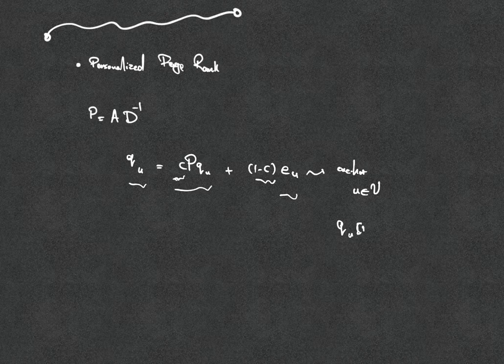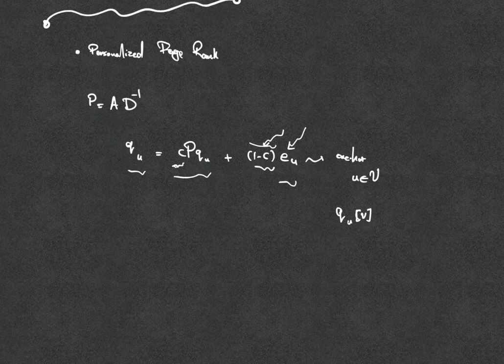and QU on index V is going to give us the stationary probability that a random walk that starts from node U visits node V. And you can see that this C here determines a certain probability for restarting at node U. And if you don't have this restarting mechanism, you're going to end up with some sort of a variant of the eigenvector centrality theorem. But now, when you're considering the importance of each node, you also have this restarting mechanism that can also add something to the system.